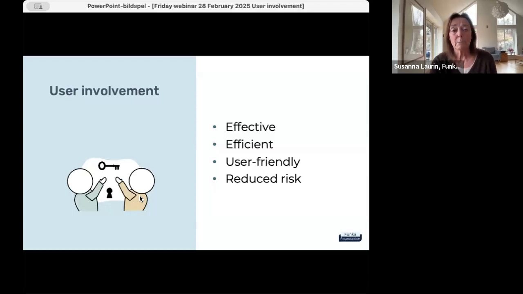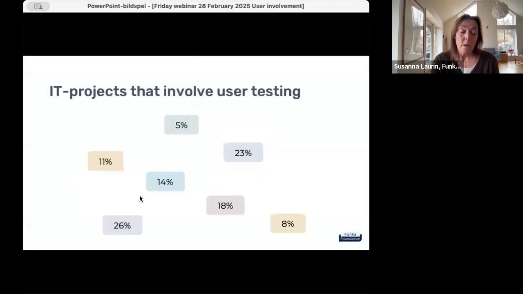So most people do not argue against user involvement. They think it's a very good idea. But still, when we and many others have researched how many IT products really involve users, through user testing or focus groups or any other user involvement, we come up with many different numbers, but they can range from almost nothing, or a couple of percentage, up to, I think, 30 or so percent is what we have mostly